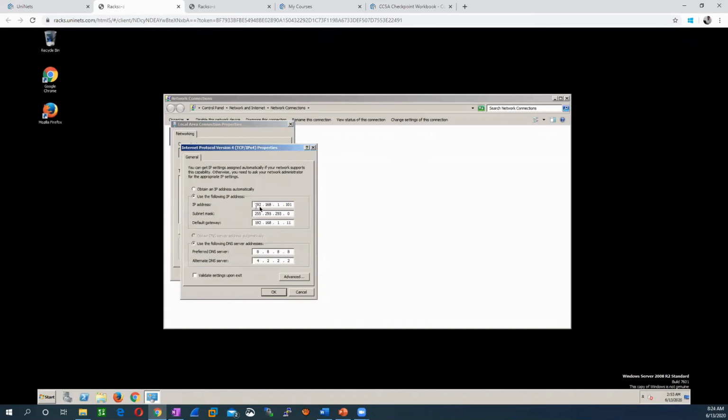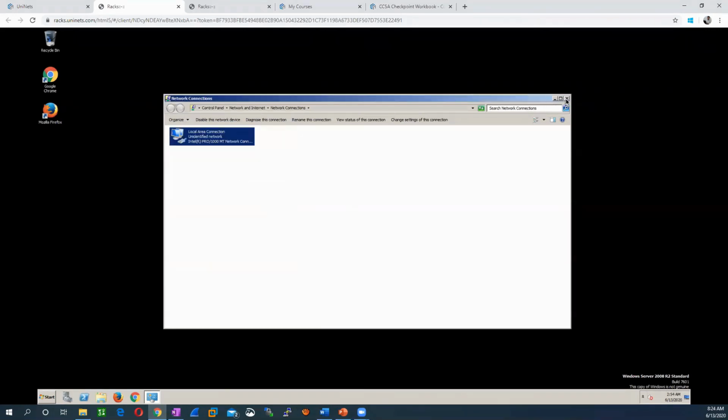Its IP address is 192.168.1.101. But we need to change the gateway. We will change it later. And DNS as well.